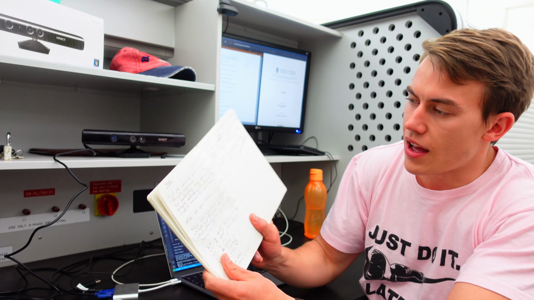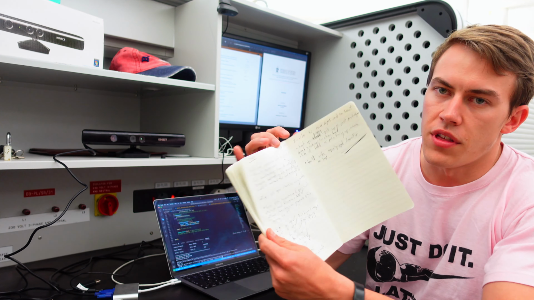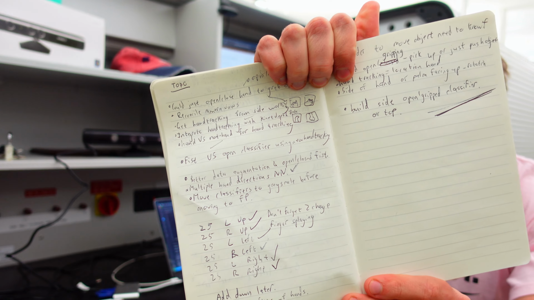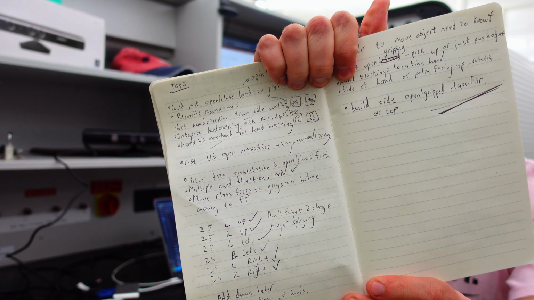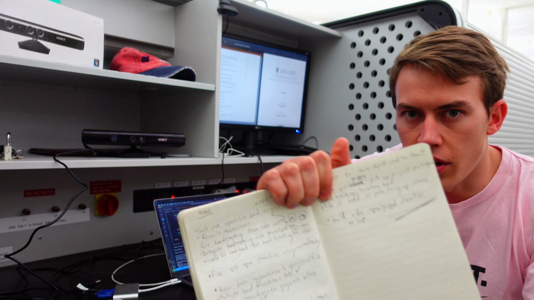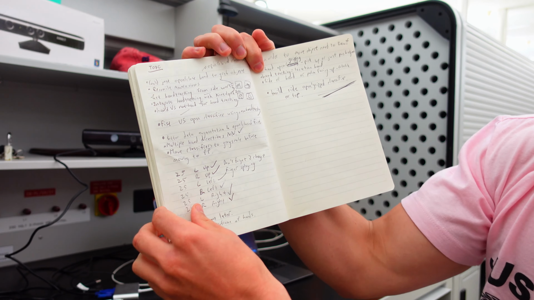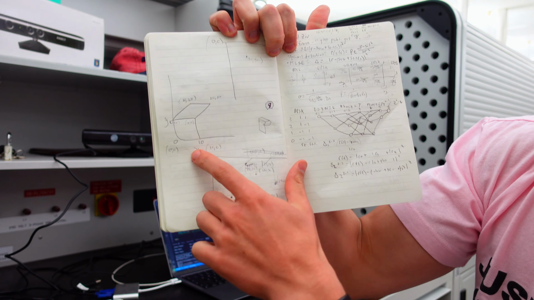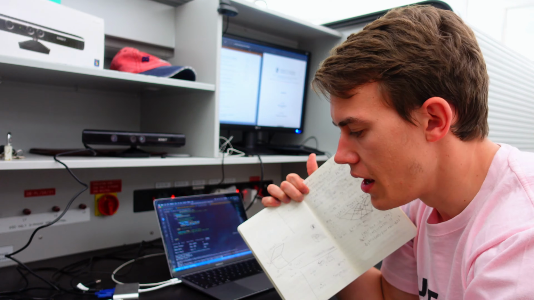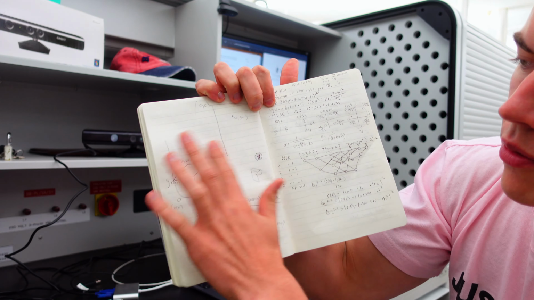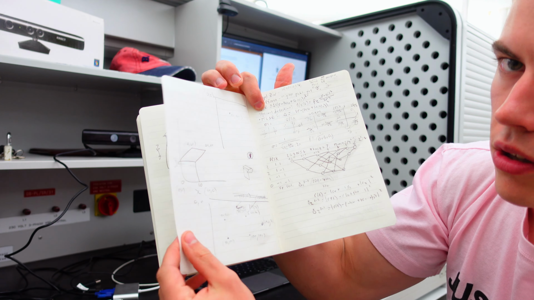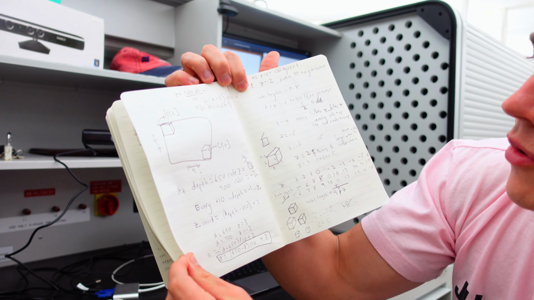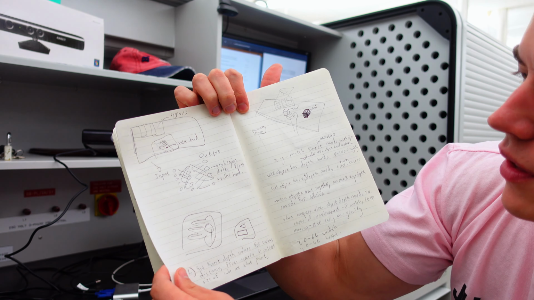So to start off with, I have this notebook that I've been keeping here with a bunch of notes about the project and about different things I've been trying to get working, like how to get the hand tracking working, to-do lists, different ways of rendering my cube, because I'm going to be using a cube as my virtual object in the scene, which you're going to be able to pick up and move around on the desk. So different ways of rendering the cube using OpenGL or OpenCV,